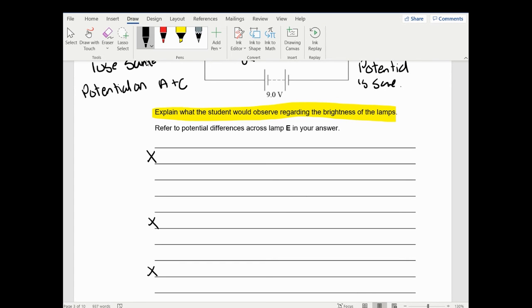If you are unsure, because this is a really mean question, you can just have a guess. Would they get brighter? Would they get dimmer? Or would they stay the same? The answer is, of course, as I've explained, they stay the same. Okay, so they stay the same brightness. But if you're unsure, you could have a go. And the reason being is because